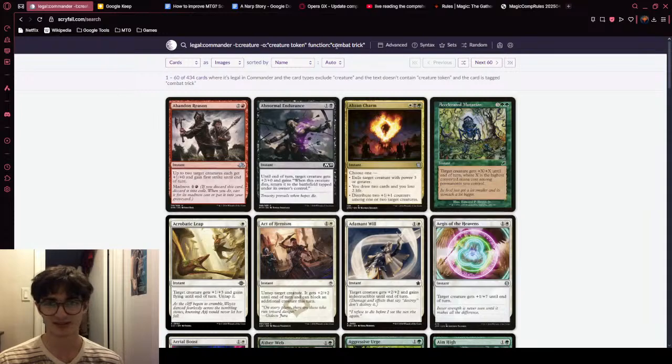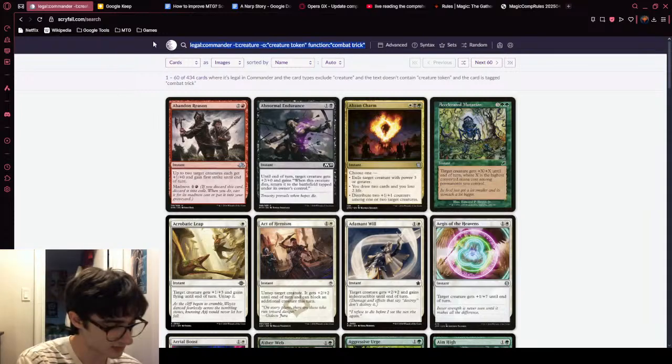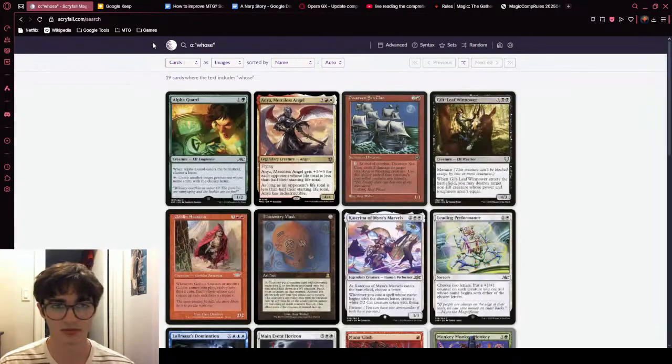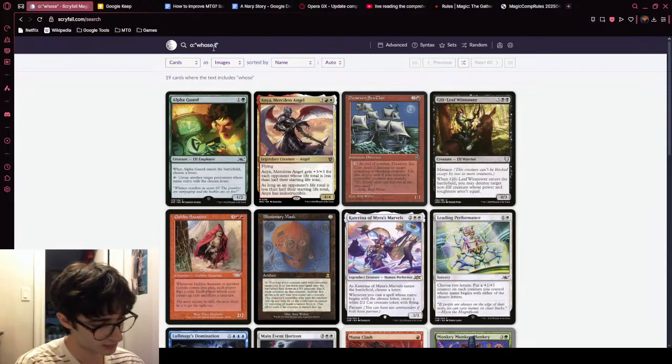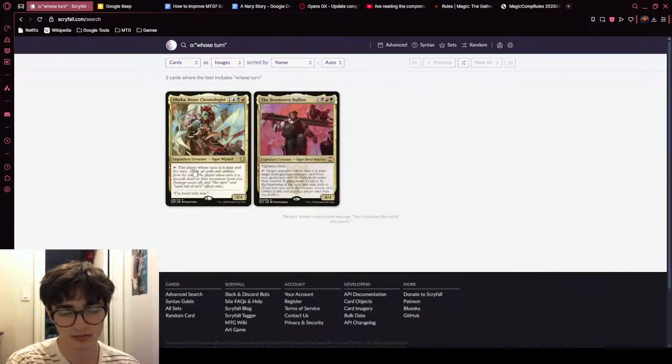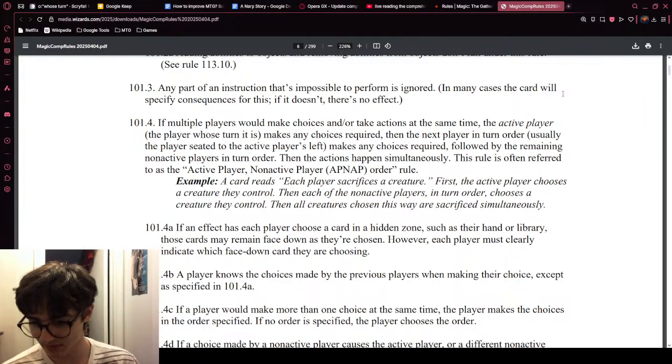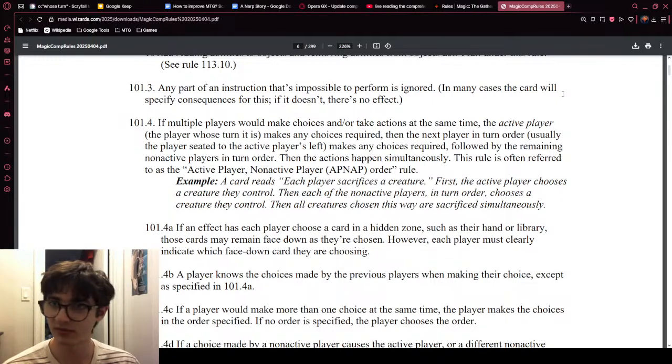Whose turn? I rescind my statement. I think I just opened a new one, or I think I just completely lost what was happening there.